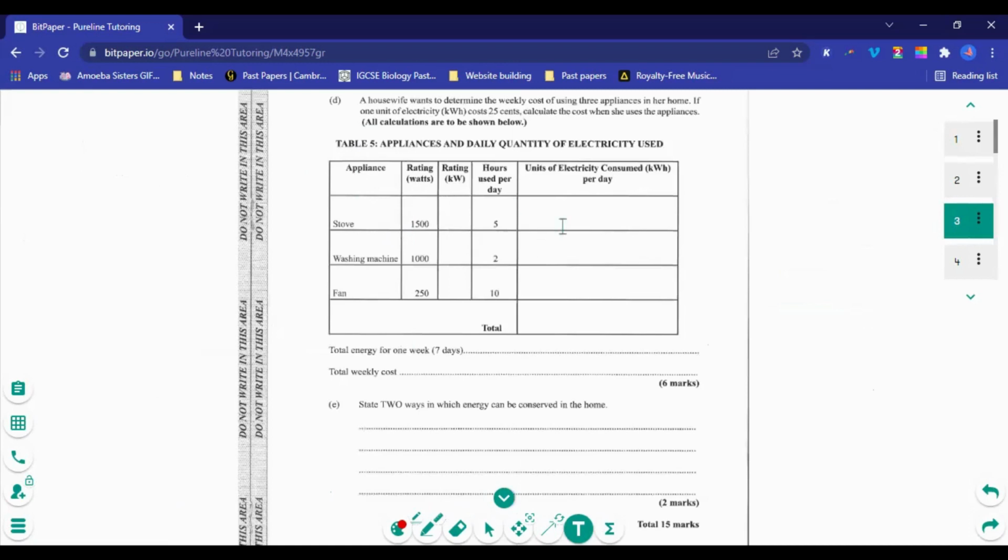And finally, we're looking at the quantity of electricity used here. So we have some calculations to do. Part D: a housewife wants to determine the weekly cost of using three appliances in her home. If 1 unit of electricity in kilowatt hours costs 25 cents, so we'll highlight this here. That's the rate. So it costs 25 cents